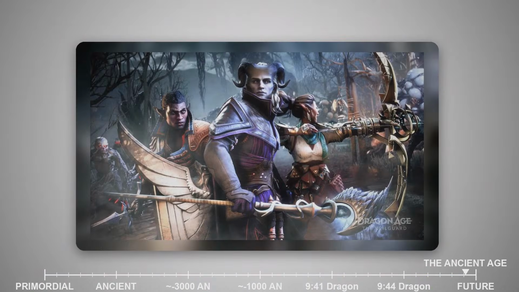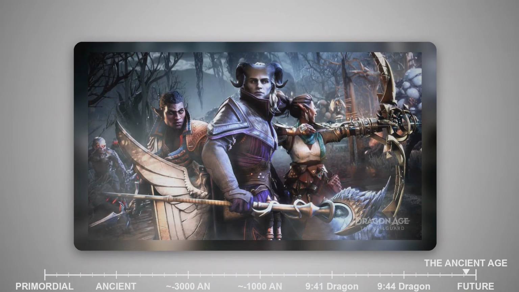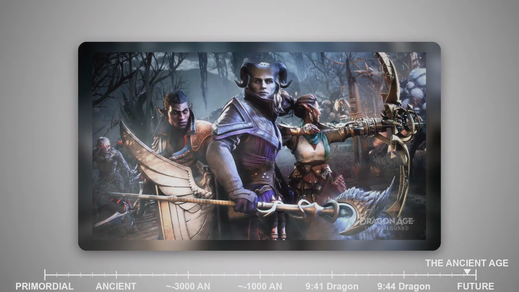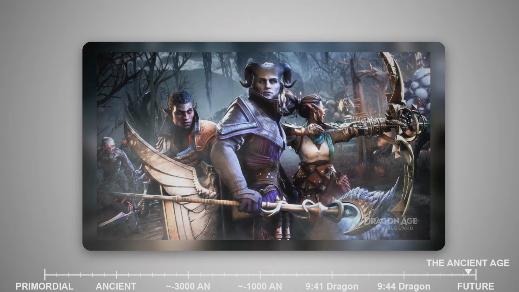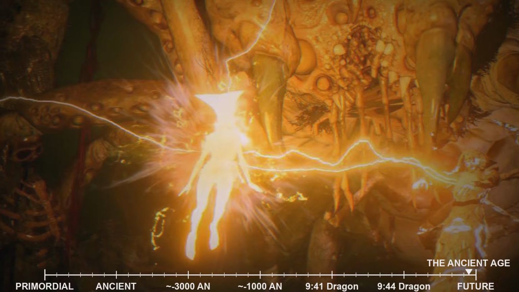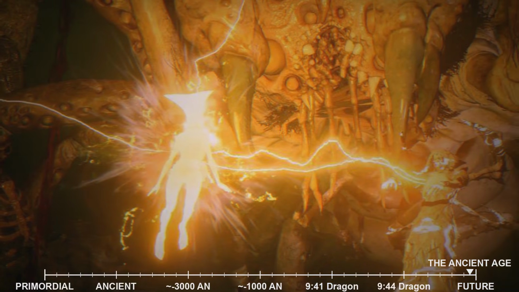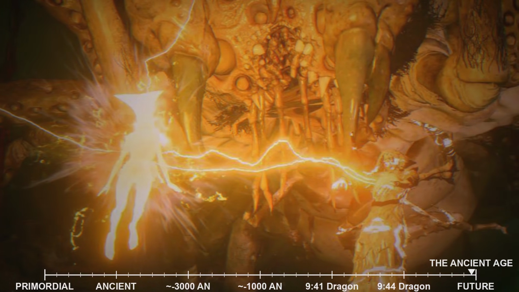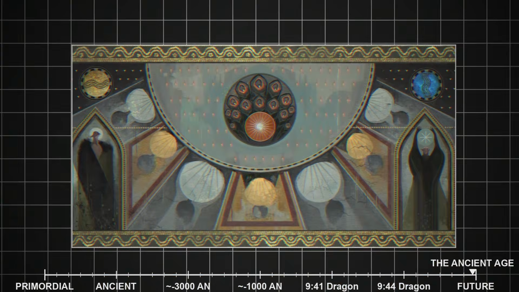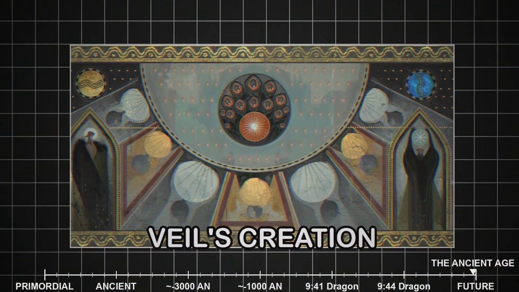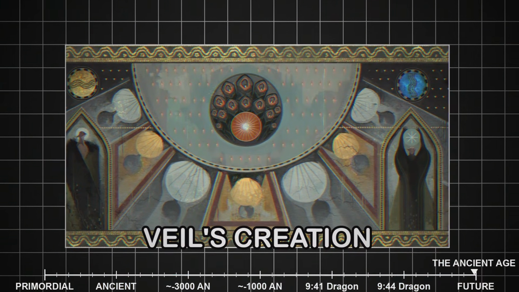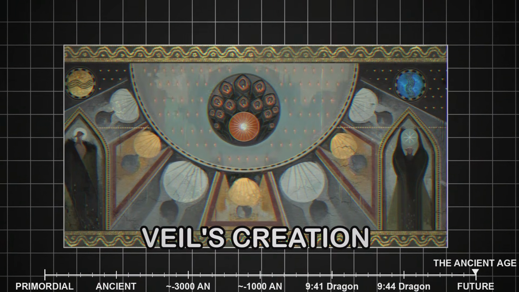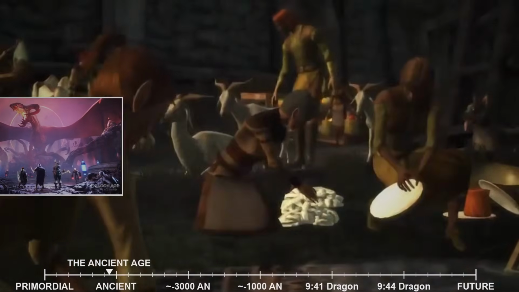The moment the veil comes into being, reality shudders. The Fade, which has always been part of the world, is suddenly separate. The barrier is invisible, but absolute. Spirits can no longer freely enter the physical world. Mages can still access the Fade through dreams and magic, but the connection is no longer direct. The Evanuris, caught in the moment of the veil's creation, are trapped on the other side. They rage and scream, but they cannot break through. They are imprisoned, perhaps forever, but the cost is immediate and catastrophic.